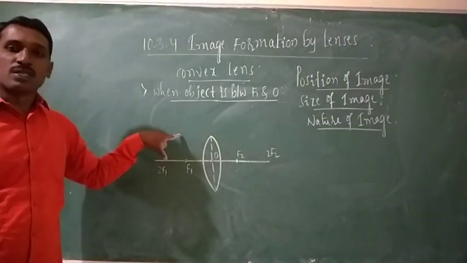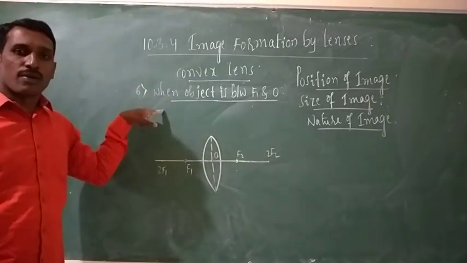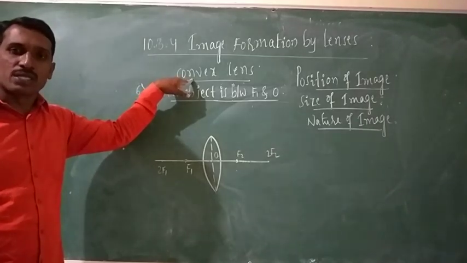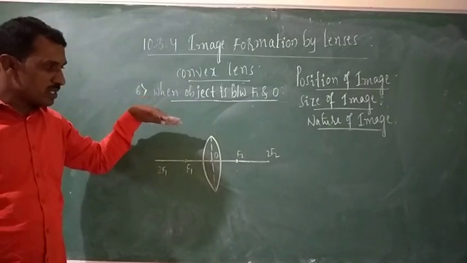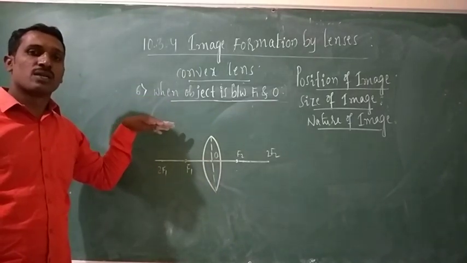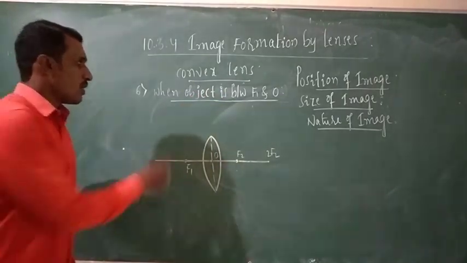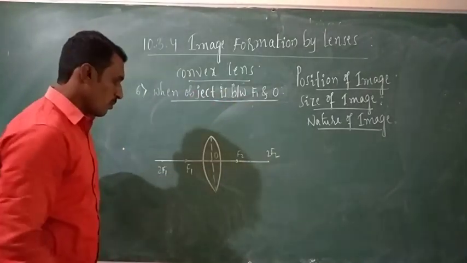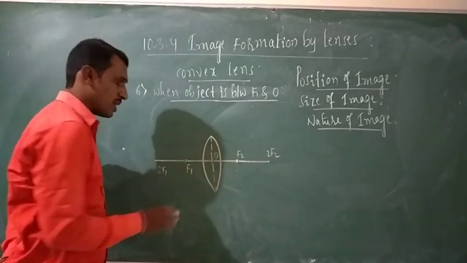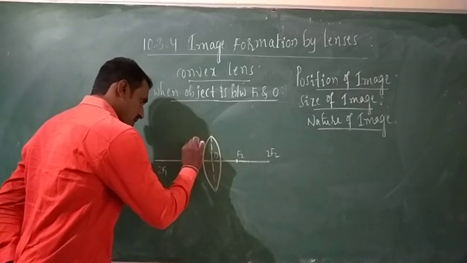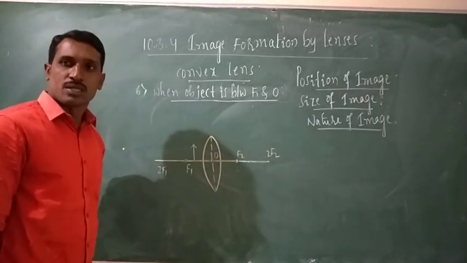Okay students, this is the last case where an image is formed in case of a convex lens. In the first 5 cases we produced real and inverted images. Only in this case we will get a virtual image. I will show you. What is the position of the object? The object is between F1 and O. This is F1 focus. This is O, that is optical center. If I place the object here, between F1 and O,